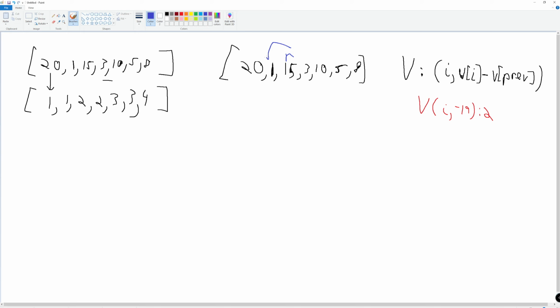So we're going to check this left, and we're going to say, okay, what's the difference here? The difference here is 15 minus 1, right? Right minus left. So the difference here is 14. And so we're going to check